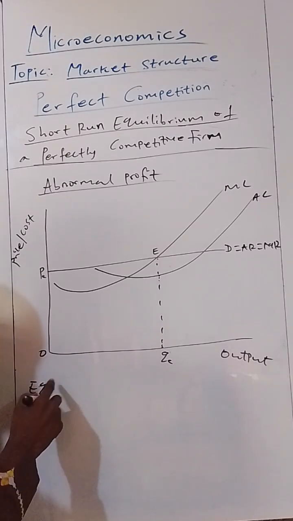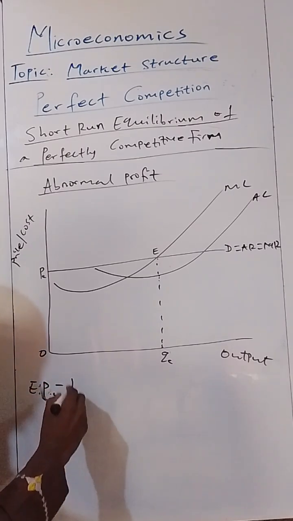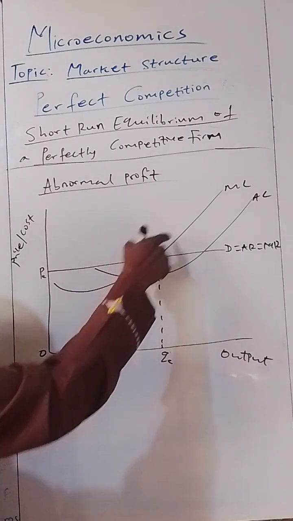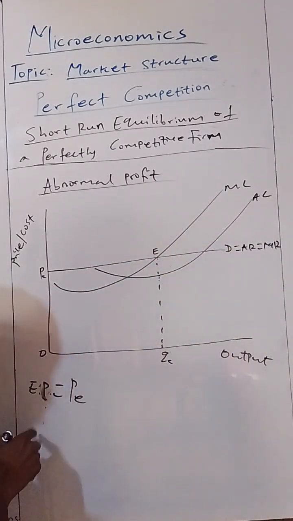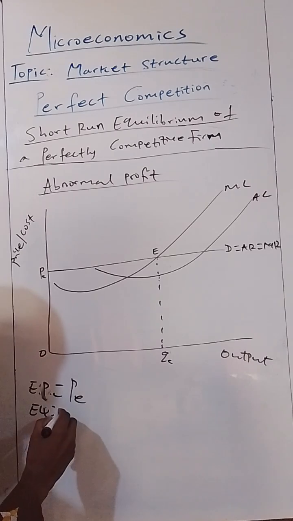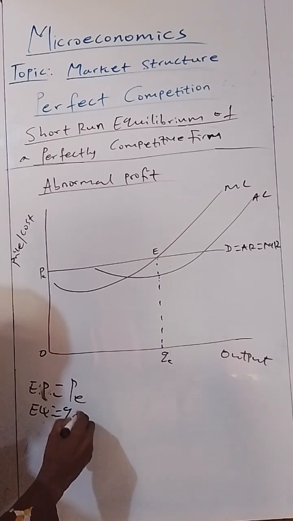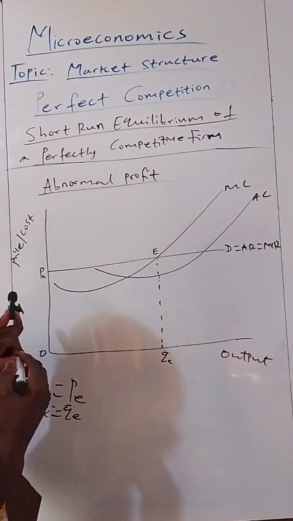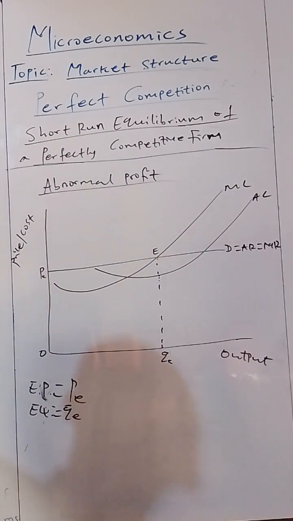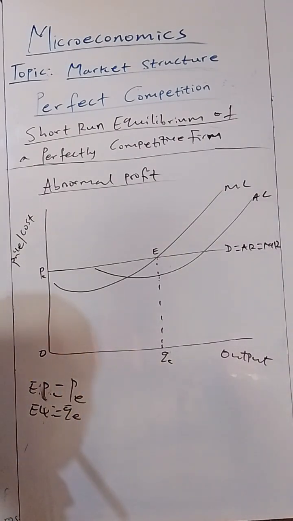We say the equilibrium price, EP, is equal to PE from here, because that is where MC is equal to MR. And we say the equilibrium quantity is equal to QE. Don't forget. Now, if you want to determine the average cost at the equilibrium,